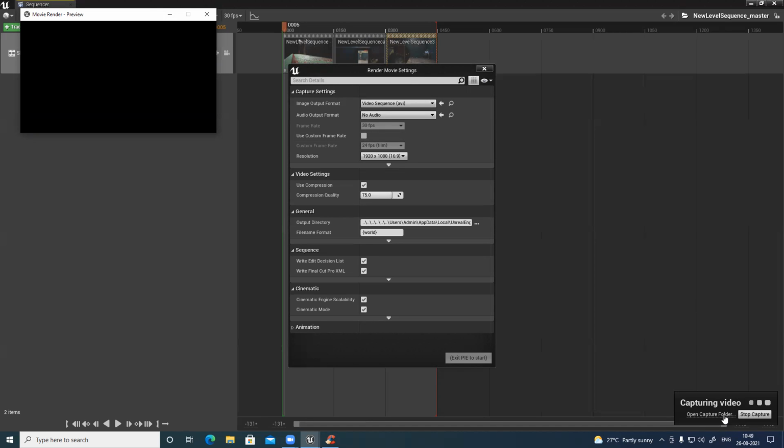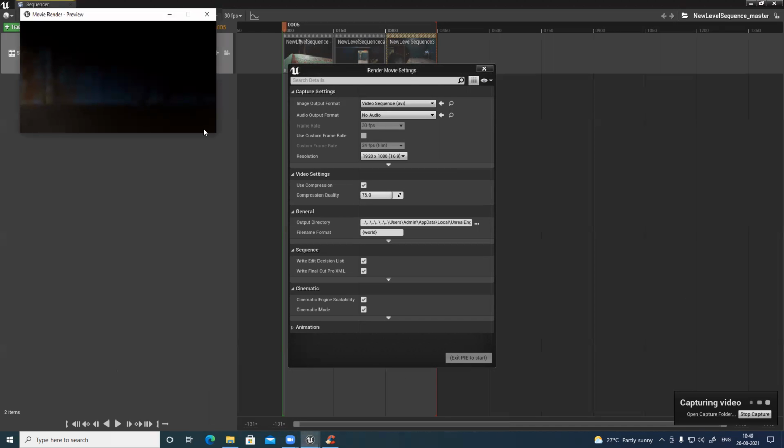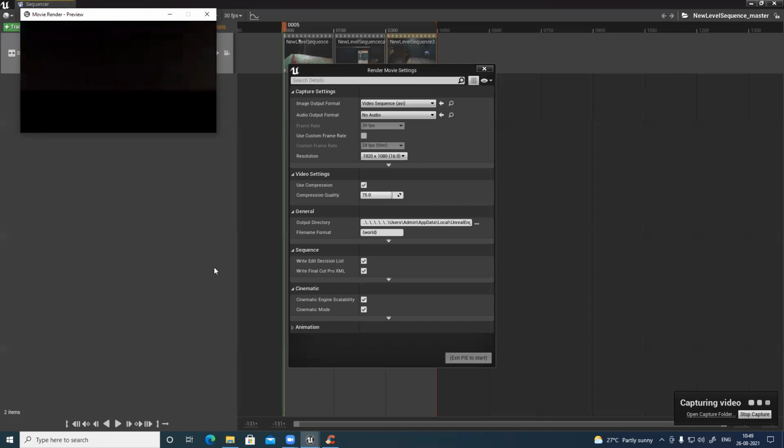It's rendering. So let's go to capture video. You see, it will show you one section of the entire render. So no need to worry, it will render the entire scene.